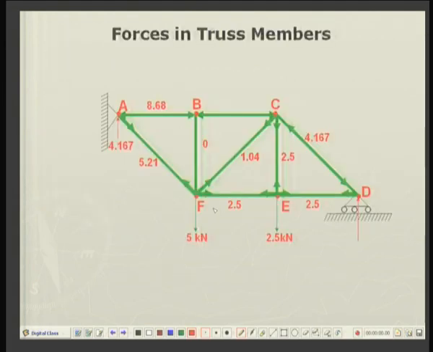Next, we will, well, before I close up this analysis, I have drawn the truss once again with all the force members. This is the complete solution of the truss problem, and here are the reactions, and you can see that these are compressive, tension, etc. So, you can immediately recognize which member is in tension, which member is in compression. So, this completes the solution by method of joints for this simple truss.